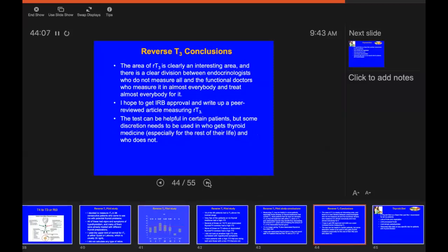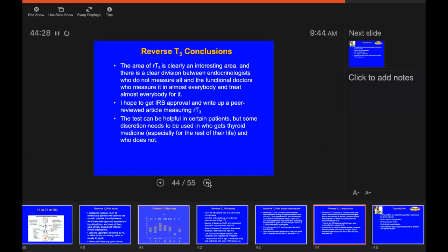I think this is an interesting area. There's a clear division between endocrinologists who don't measure this at all, and the functional doctors who measure this on everybody and treat almost everybody. I'm probably going to be the first one to publish this. Hope to get IRB approval and write up a paper on this. And I think, again, this test can be helpful in certain patients, but you need to use discretion, especially who